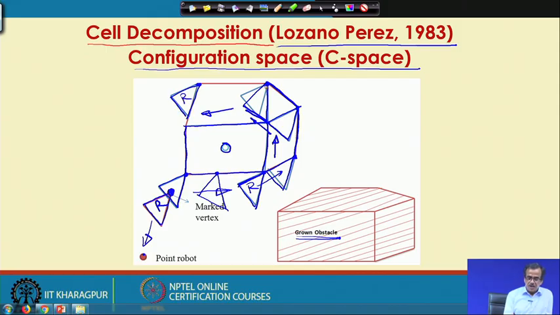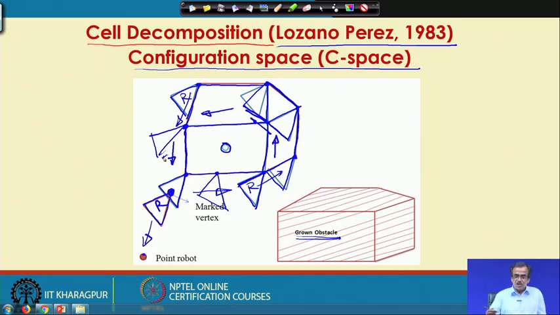So, this will be the locus of the marked vertex, and after that, here it is going to slide in this direction. There is a possibility that this will be the situation, and this is the marked vertex. So, the marked vertex is sliding along this, and then it is going to reach the starting point, and this is the direction the robot is going to slide.